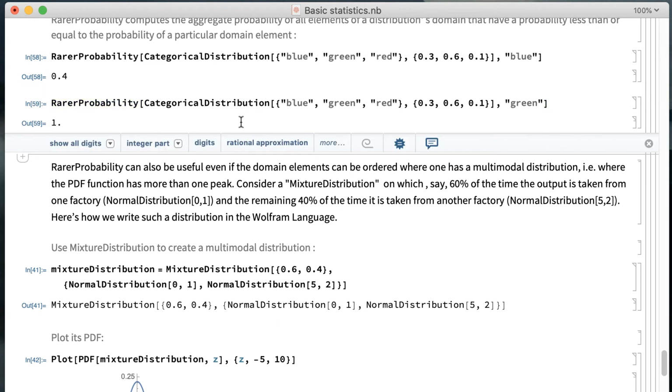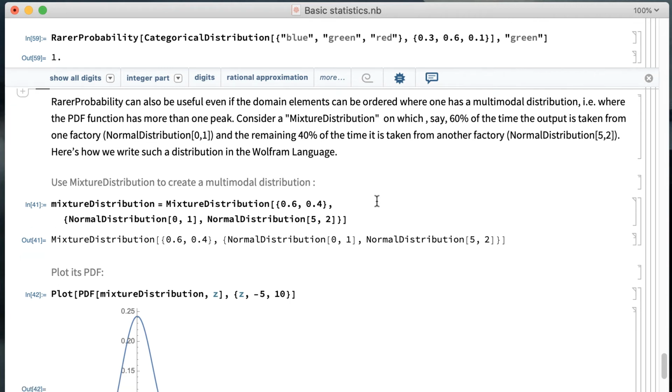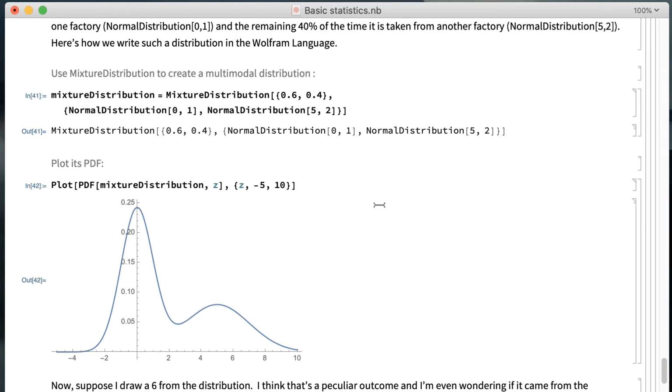You might think this is awfully obscure, but it will come back when we talk about, for example, the Fisher test for categorical distributions. So it is not a totally useless concept. By the way, here's a visualization